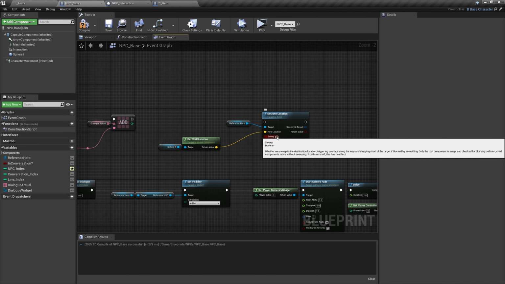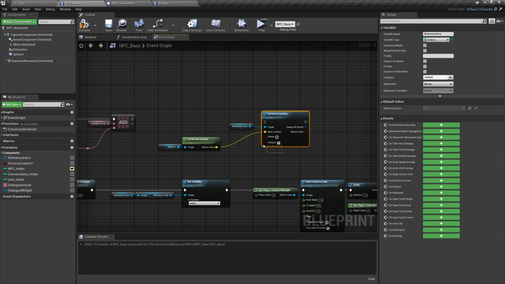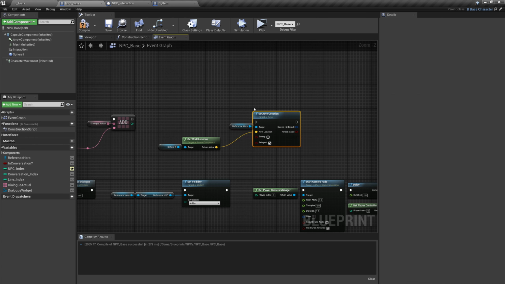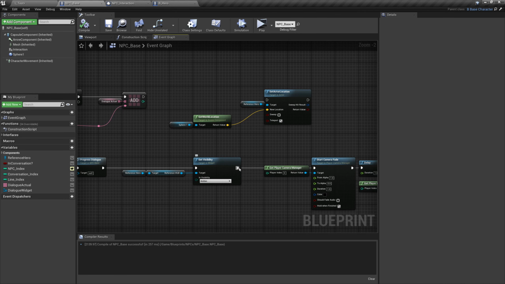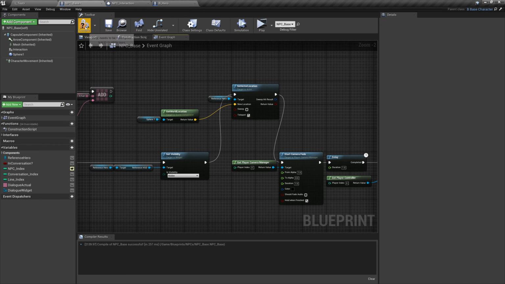Sweep is for if we need to consider collisions, making sure that we're taking them into account so that we can actually do the teleport. But ideally, the space in front of your NPC won't be an issue. Now, the next one's a little bit trickier because right now, if we teleport, we'll keep our rotation. I'll show you that in action. Once I plug this in, let's end of visibility and beginning of the camera fade. Compile, save,